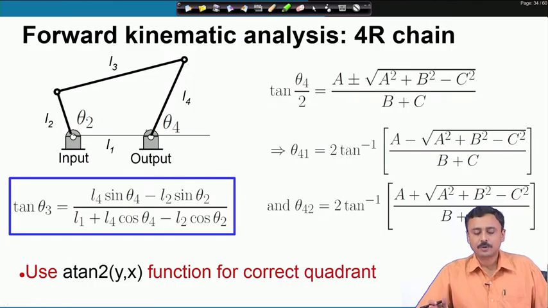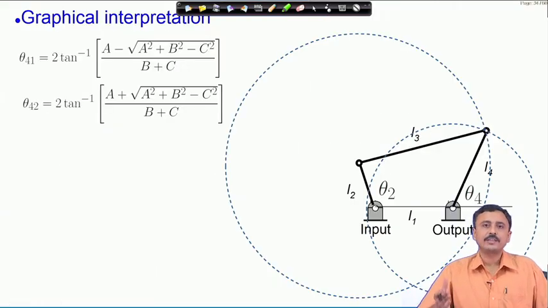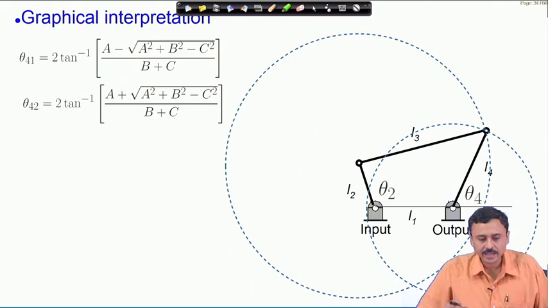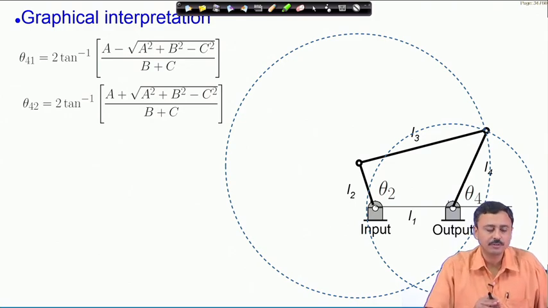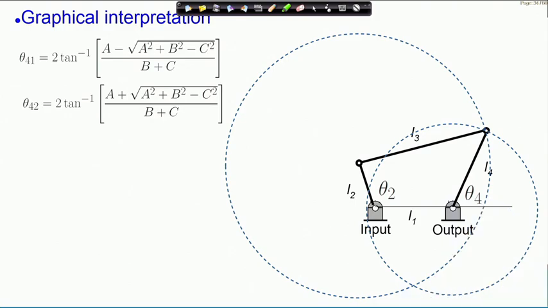So, we have solved this problem. Now, how do we understand the solution graphically? So, here I have shown the two solutions, theta 4 1 and theta 4 2, and now I will explain the physical significance of these two solutions. Remember that we are given theta 2. So, this angle theta 2 is fixed. Therefore, location of this is fixed,